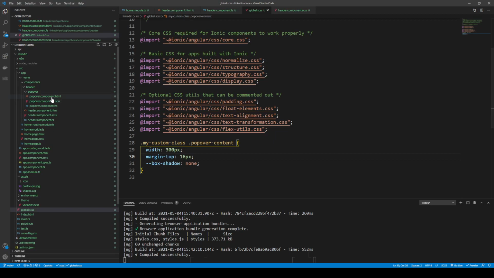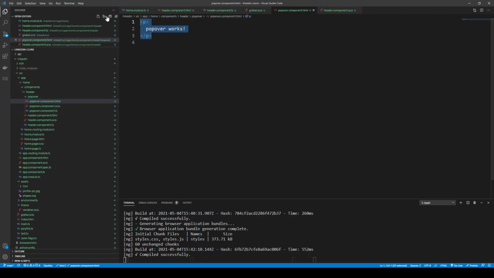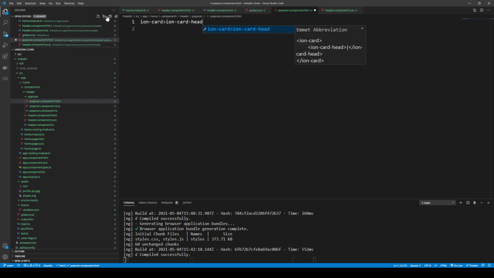So let's go to our popover component, and basically this is going to be a card. So let's say we want a card, we want a card header, and to lay it out, whenever we're doing anything with layout, we can use the default components, or we can use the grid to lay it out. So I can use the grid here,